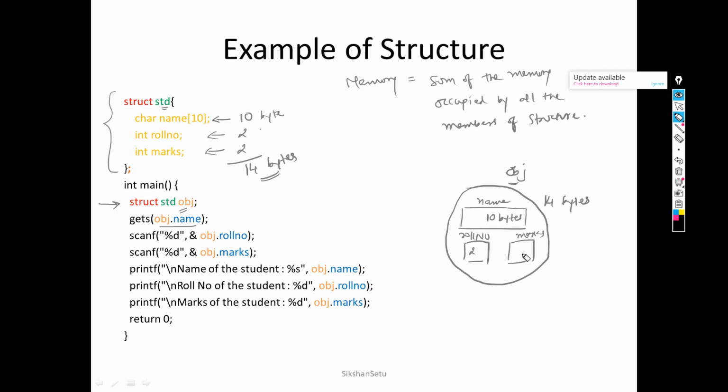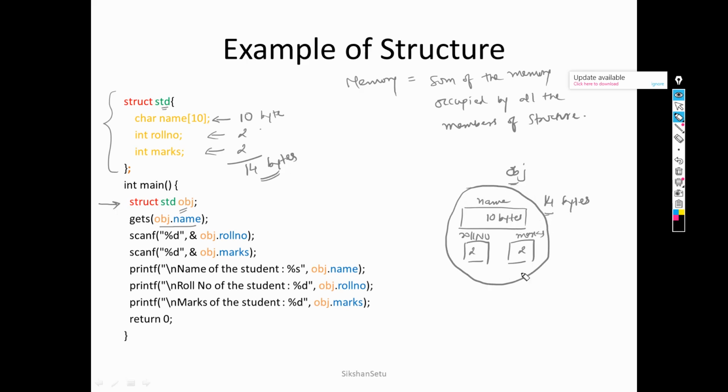This will occupy 2 bytes. This will occupy 2 bytes. So if you make the sum, it is 14 bytes. So memory will be allocated like this. So this object will logically be having this type of collection. So this is obj and the size of obj is 14 bytes. But how 14 bytes?